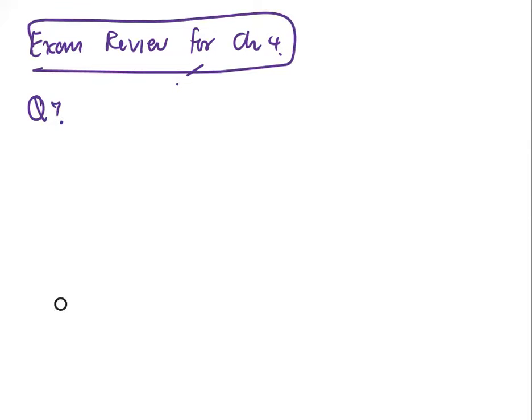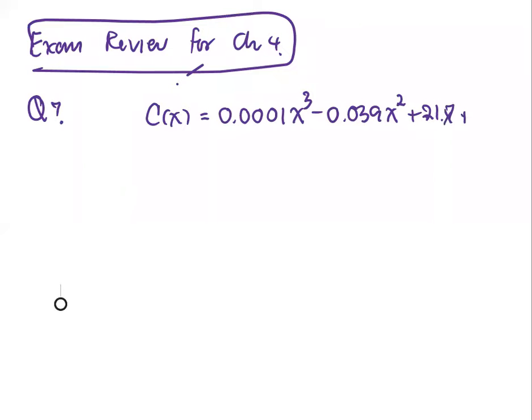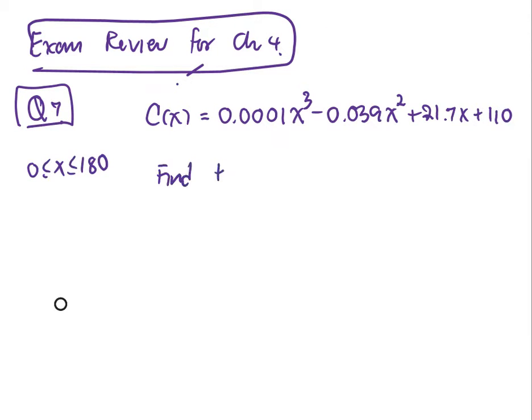The problem gives you the cost function, C(x) equals 0.0001 times x to the third minus 0.039 x squared plus 21.7 x plus 110, where x is between 0 and 180. We're going to find the minimum